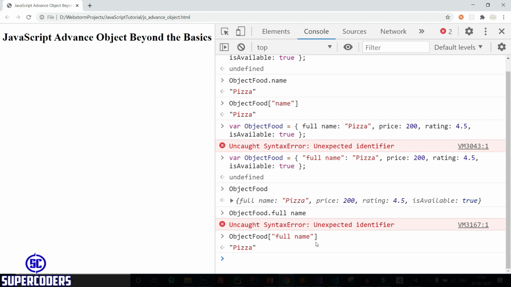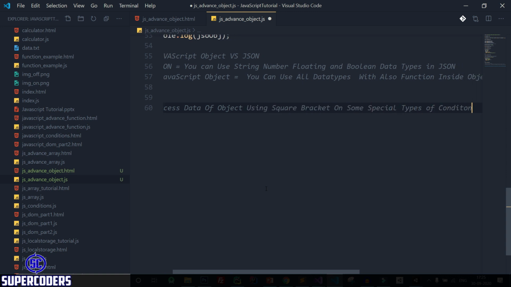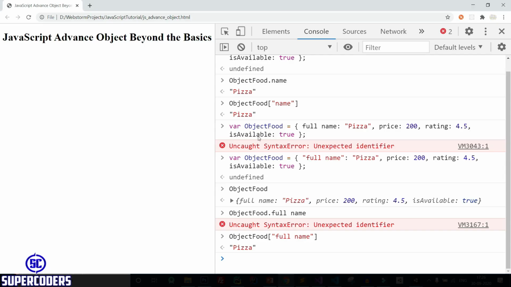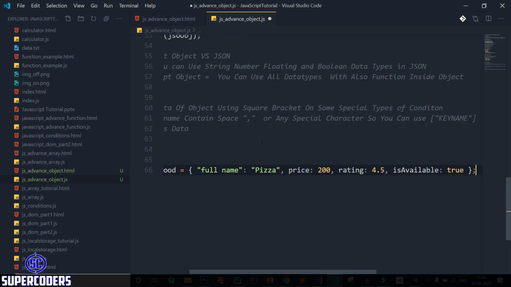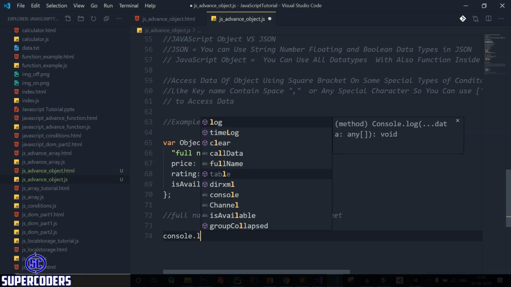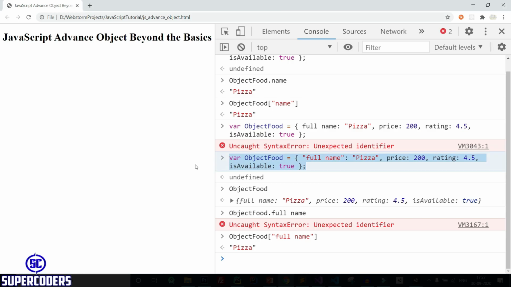Let's add this in a comment. So back to VS Code. Save it, back to Chrome, refresh the page.